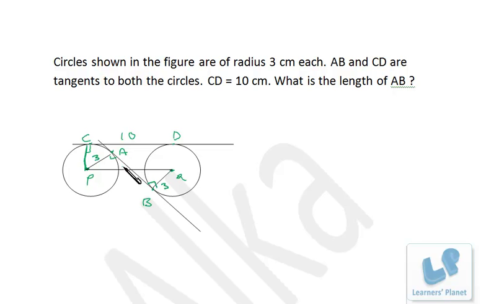Apart from that, this angle will be equal to this angle. That means it is SAA congruence, side angle angle, right? Or we can say AAS congruence. That means this will be the midpoint of line PQ. And from here we can say CD is equal to 10. That means PQ must also be 10.